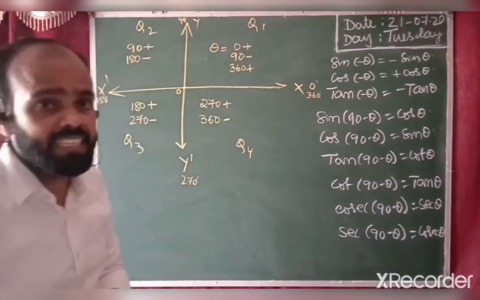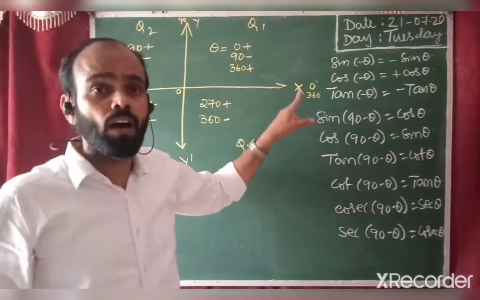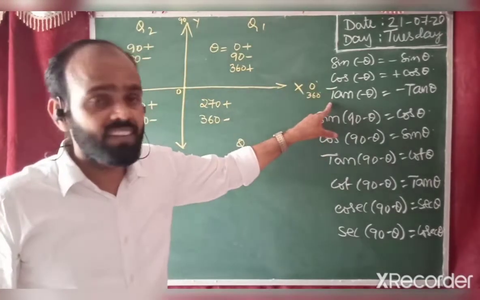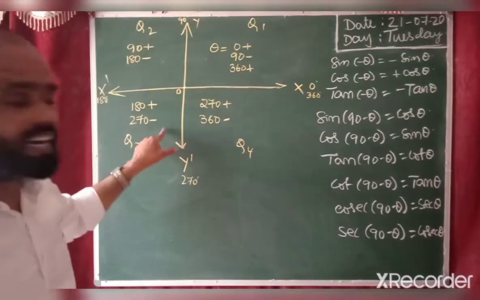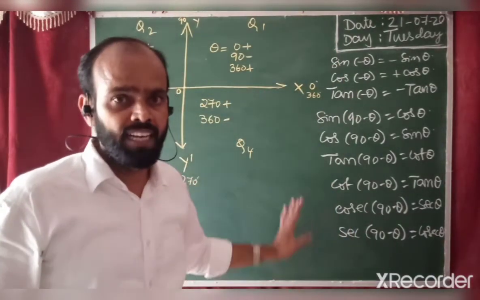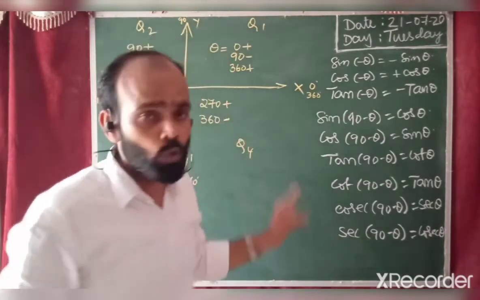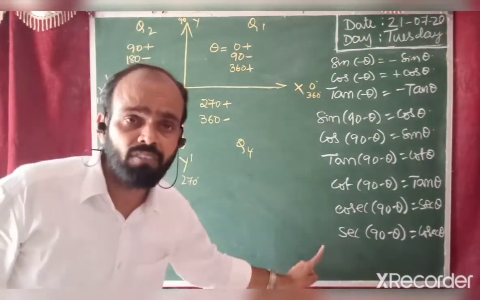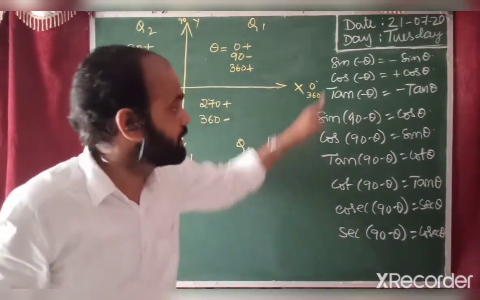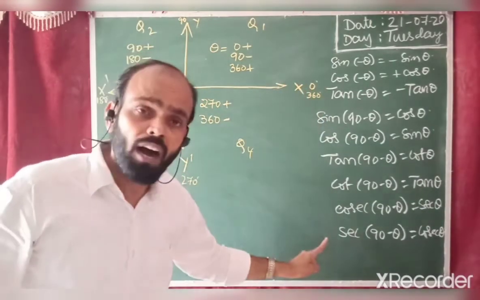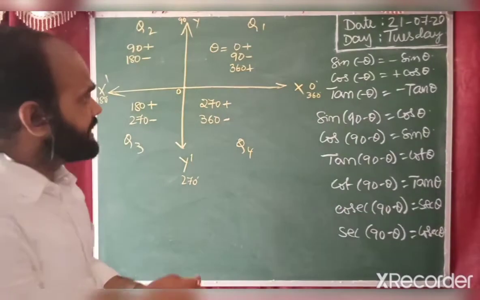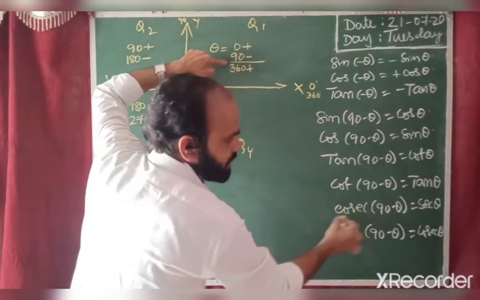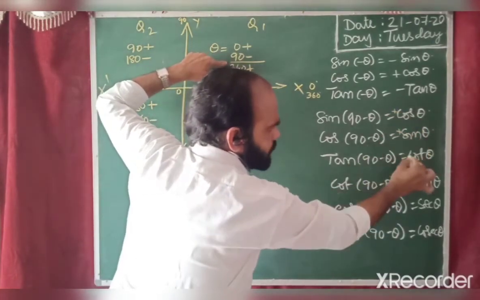Now what we are going to discuss here is the sign behavior, that is, the change of ratio or change of sign in each of these 4 quadrants for all the 6 trigonometric ratios. That is the point we are going to discuss. For this we need the basic knowledge of ratios of negative angles and ratios of complementary angles as well. Anyways, we understand that sine of 90 minus theta, cos of 90 minus theta, tan of 90 minus theta, cot of 90 minus theta, in every case we got only positive.